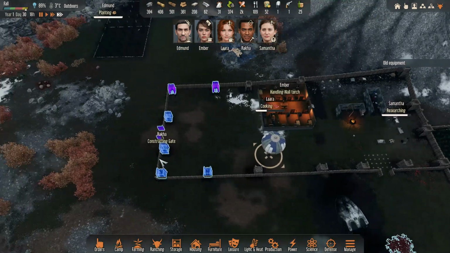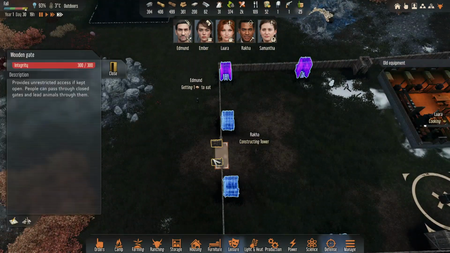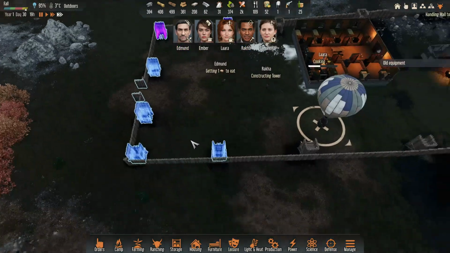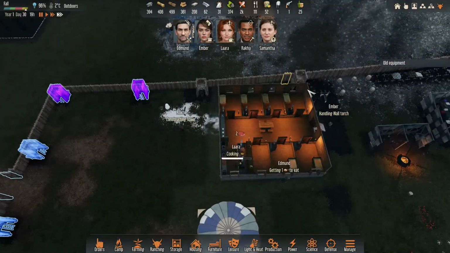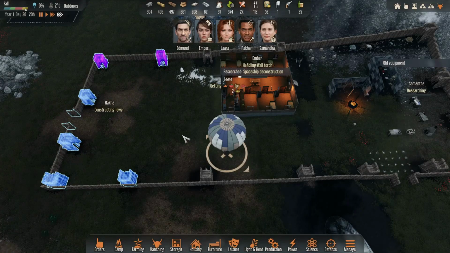The fortification is now constructed. And now this whole piece is ready. So we have at least the outer wall ready again. All we need now is to make sure...